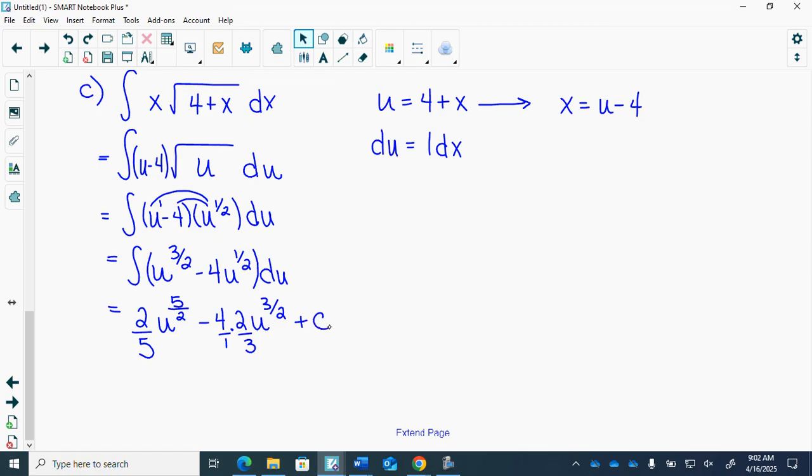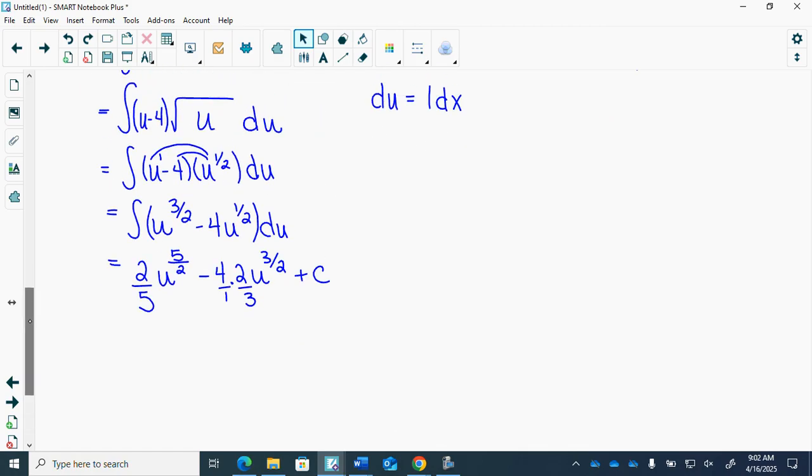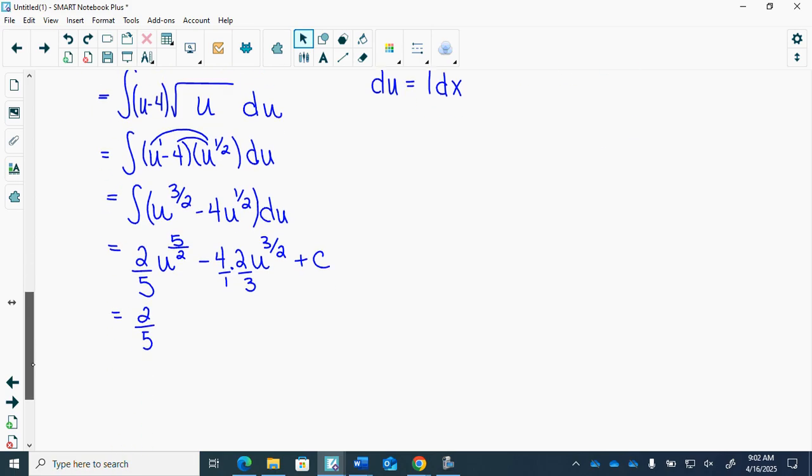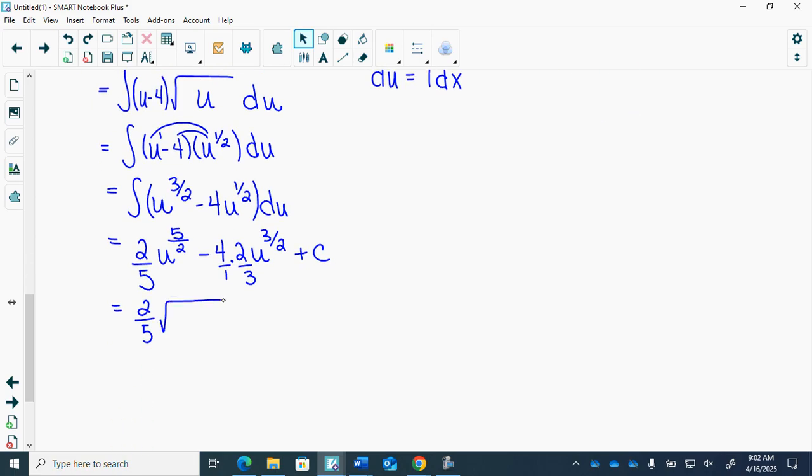Plus c. So I end up with 2/5, and they often write it back as a radical. So 4 plus x was u, so we'll get 2/5 times the square root of 4 plus x to the 5th, minus 8 over 3 square root of 4 plus x cubed